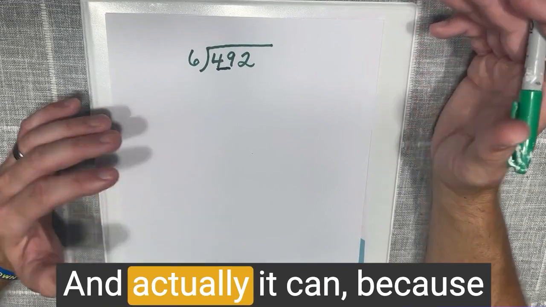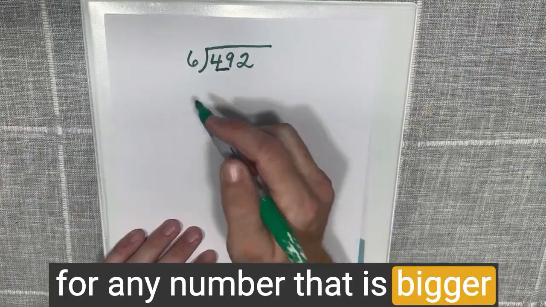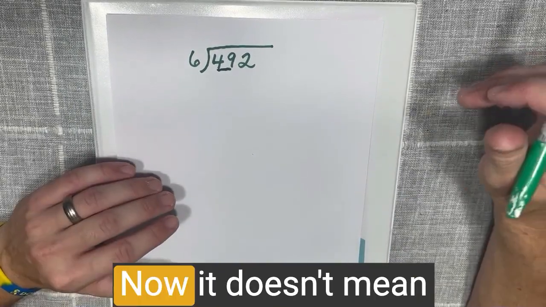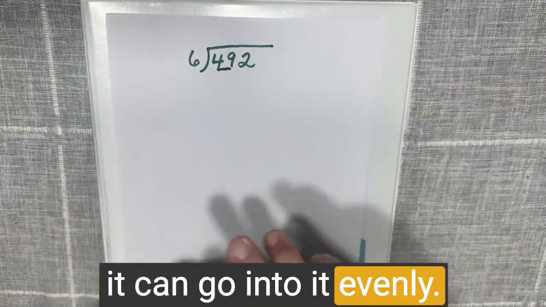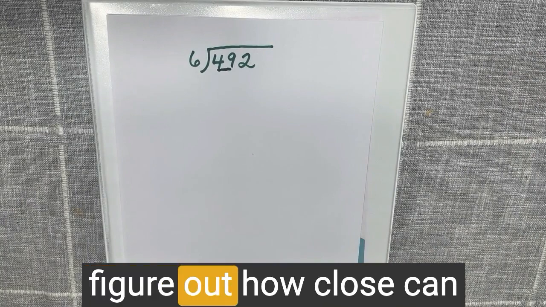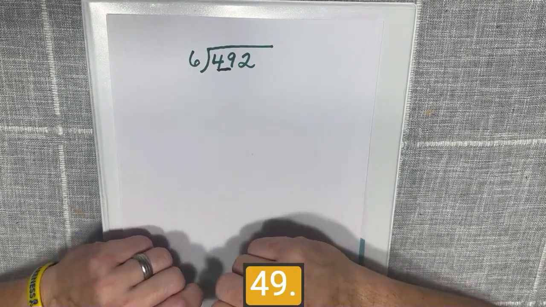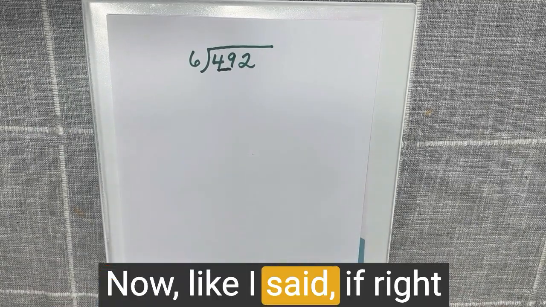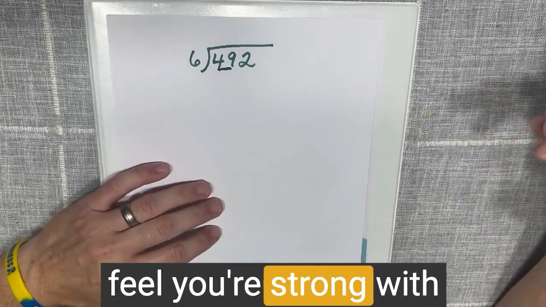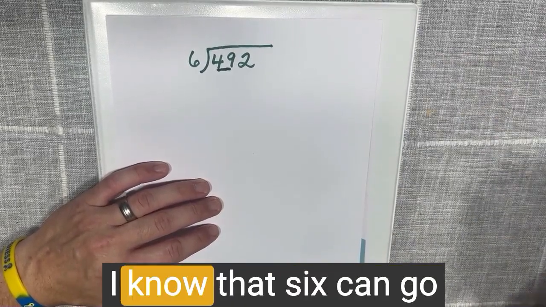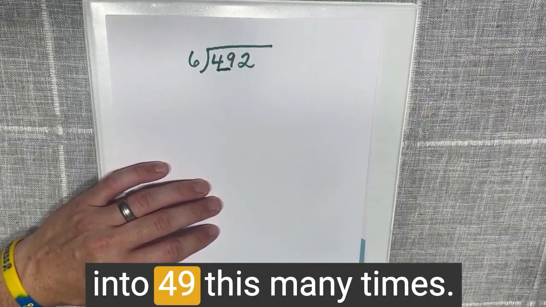And actually it can, because any number that is bigger than the number on the outside at least can go into it. Now, it doesn't mean it can go into it evenly. So we're going to try to figure out how close we can get to that number 49. Now, like I said, if you don't feel strong with your multiplication skills and you don't look at that and say, I know that 6 can go into 49 this many times,